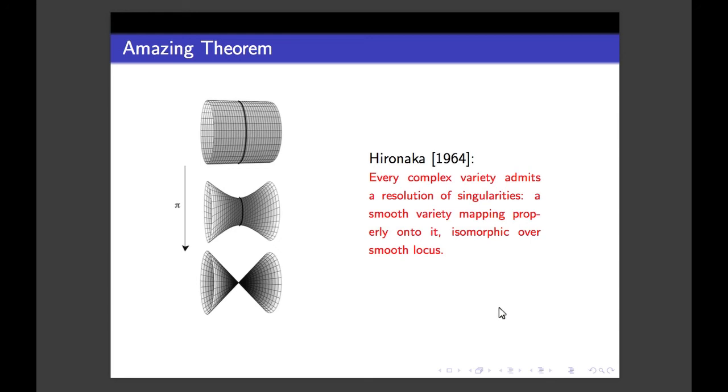I know people don't do that in undergrad usually, but whatever. So then the map is x, y, z goes to x, z, x, y, and z. Very simple map. That's a polynomial map of the coordinates. And what you see is this guy is smooth, and it's mapping bijectively onto this thing, except that that vertex